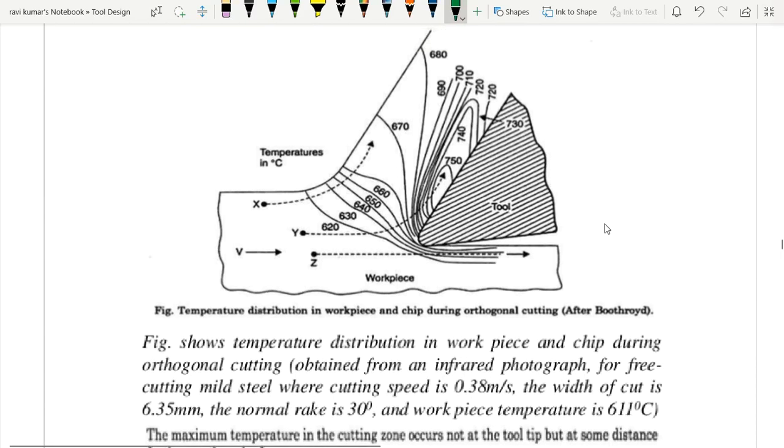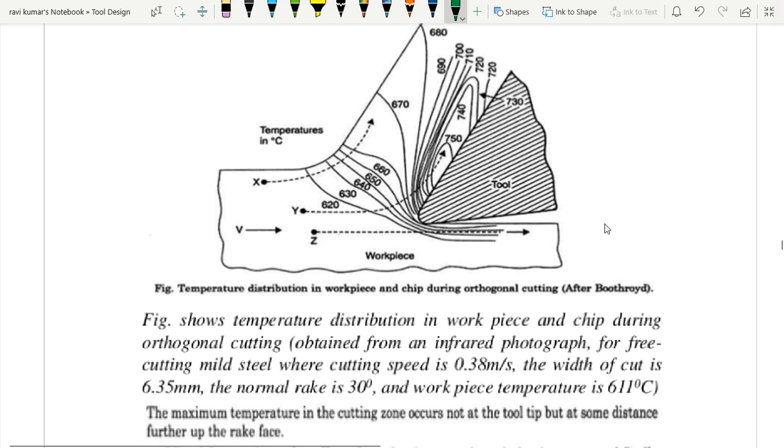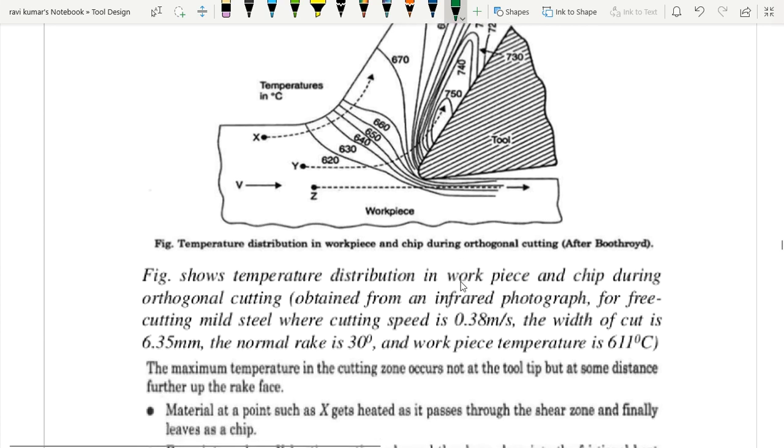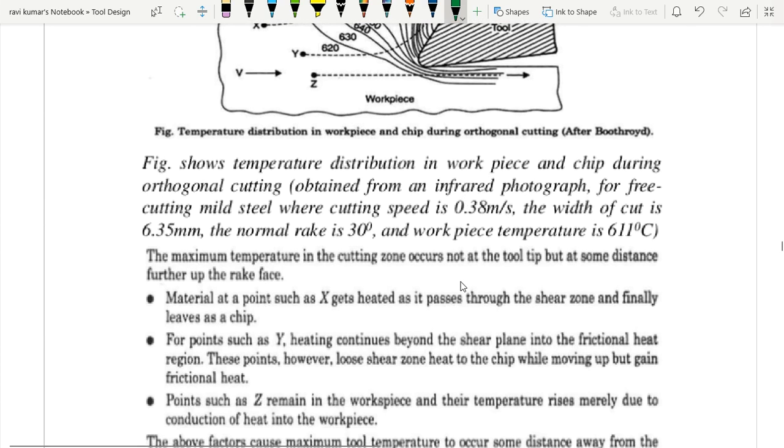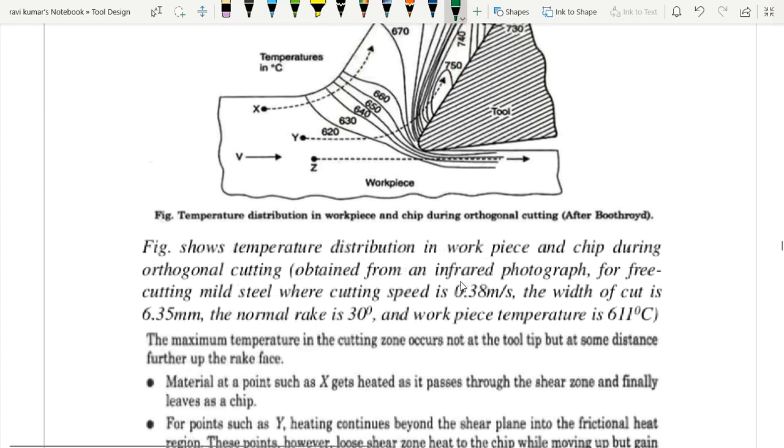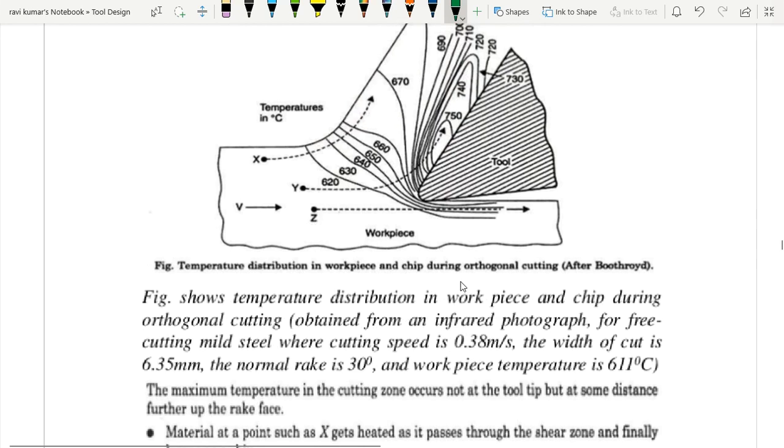I may see that when a cutting is taking place, I can take a photograph with a high speed camera, right? With an IR facility. The infrared, one can understand that on account of exposing the hot object to this IR device, the IR device is able to sense what is going to be the temperature. There are different ways of measuring temperature by this IR technique. One simple technique is